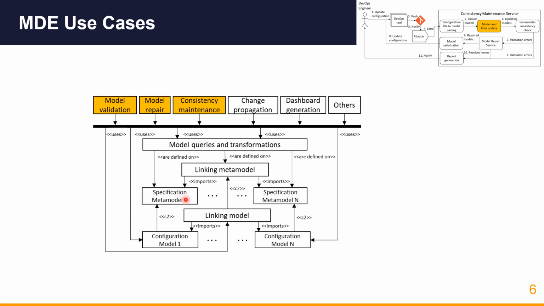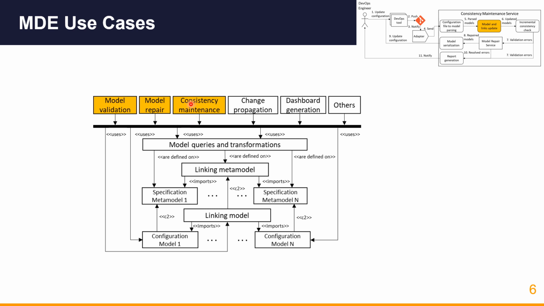If we have several models which conform to different meta models, then we can define a so-called linking meta model to connect these meta models and to enable the model validation on them, so to run model queries and model transformations on these connected models. Model queries are used to check the consistency of the models, and model transformations are used to fix the inconsistencies